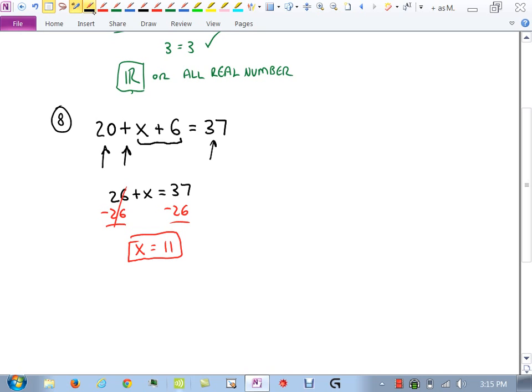Number 9. 8 less than 5 times a number is... Let's start with that. 8 less than means subtract, but I want 8 less than 5 times a number. So I say 5 times the number, take away 8. So that's 8 less than 5x, is equal to,